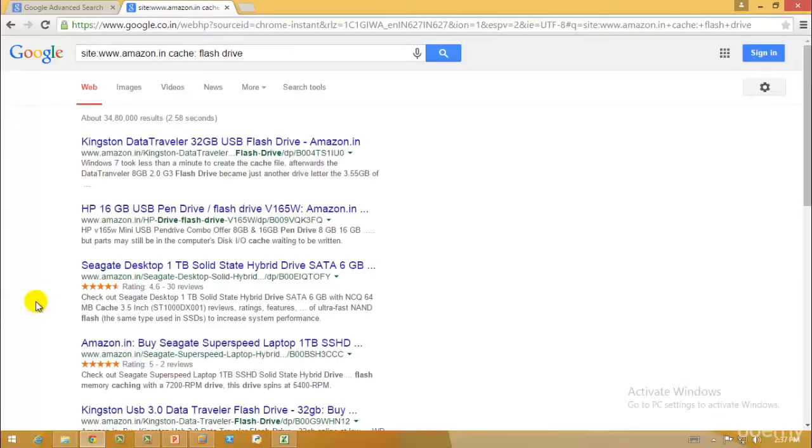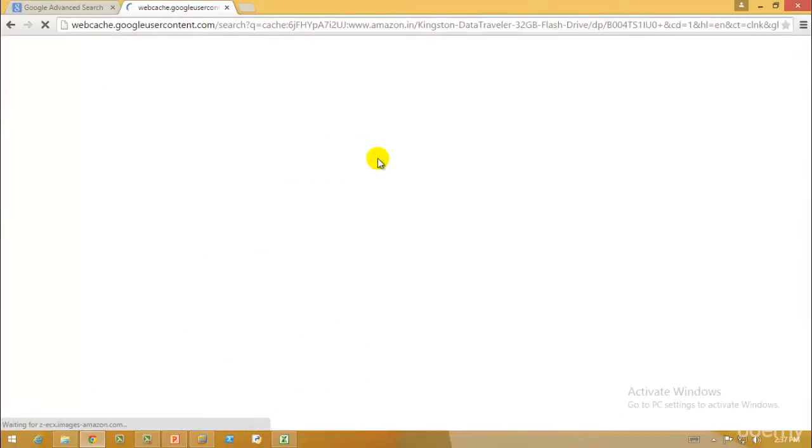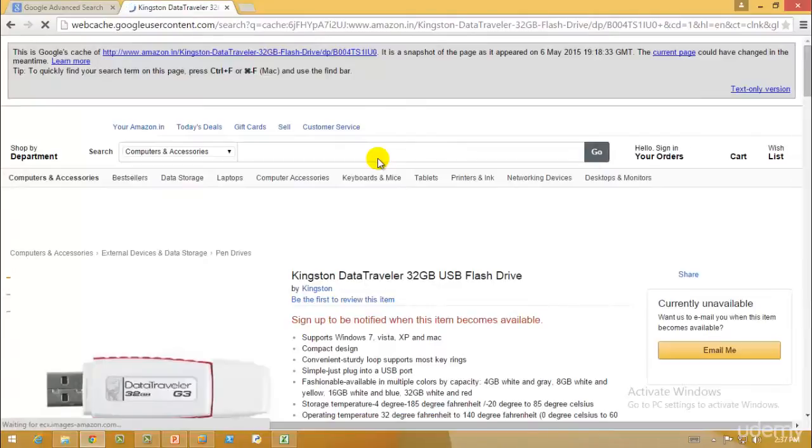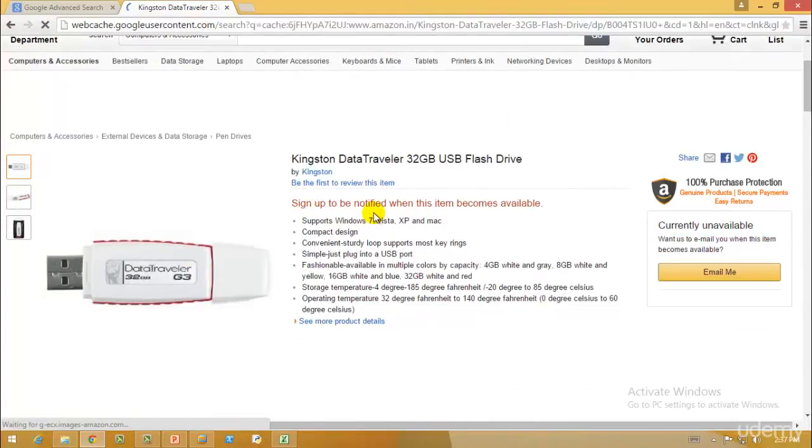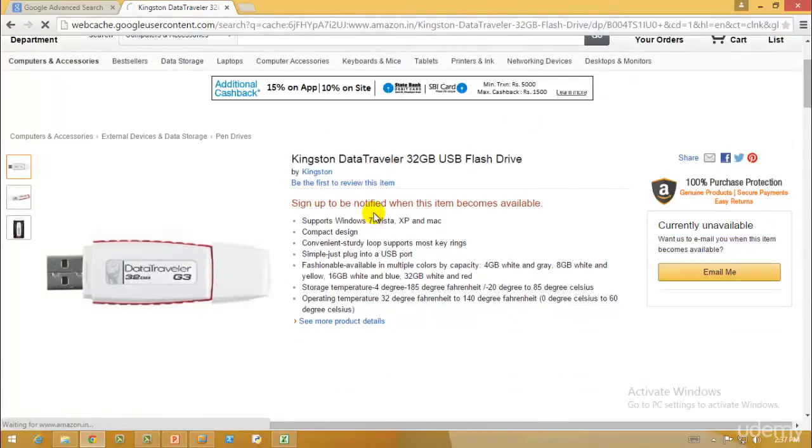As you can see, we have everything starting with the site Amazon, and we have the cached link. If I check the cached web page, and if the Amazon website is not clearing its cache memories, then what may happen, for example, is that Amazon has this 3G data traveler, let's say on the 30th of December, at a specific